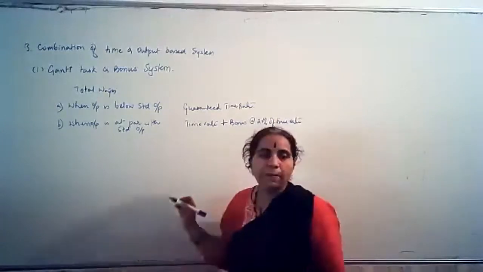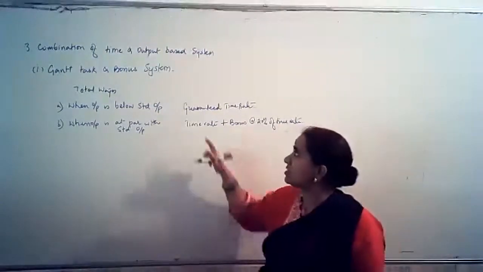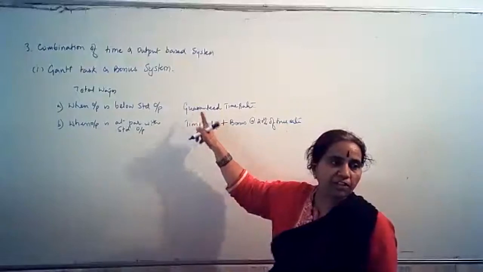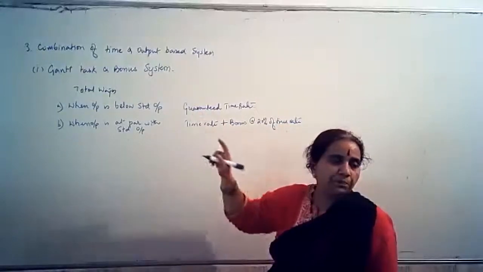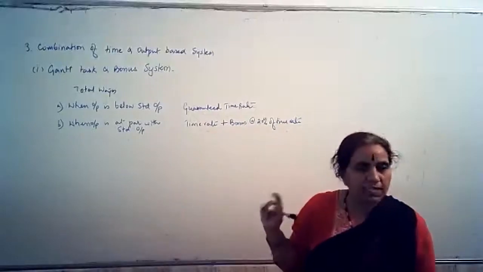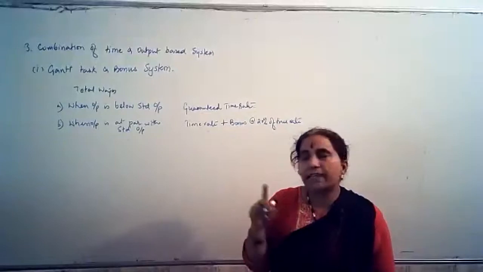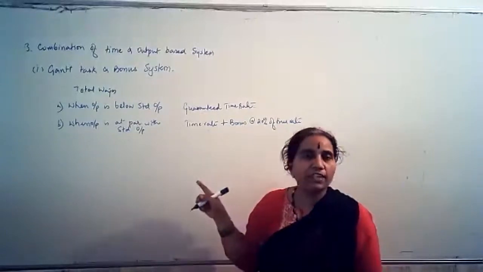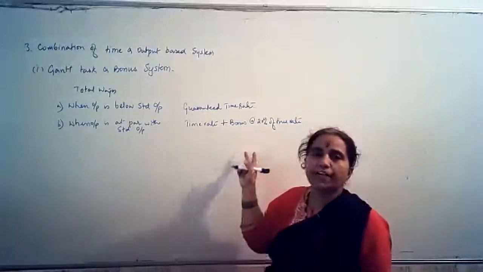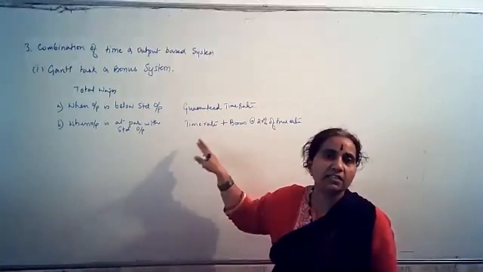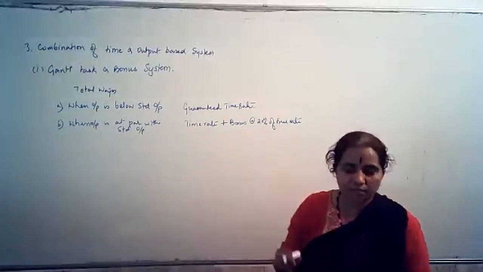So he will get paid the time rate, whatever is due to him, that is what he gets. That means the one above what you have calculated, that will be there plus 20% of the same amount. He will get paid as bonus. So two portions are there in his wages. One is the guaranteed time rate wage, what he is supposed to get paid, plus he will also get 20% more than what he has already earned. That 20% extra he gets as bonus.